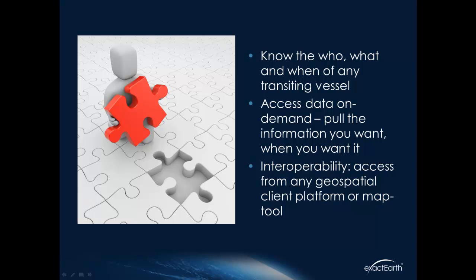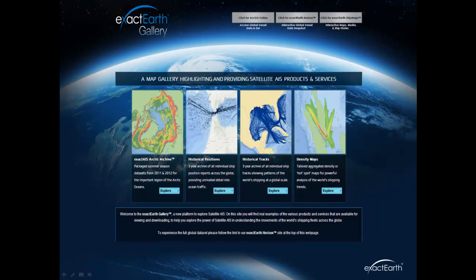So how do you start with geospatial web services? Well, we've tried to make that as easy as we can for people. Obviously, we have this webinar series to help introduce it. We also have created a website called the exactEarth Gallery, and we would encourage people to go to this website where you will see further examples of the sorts of data that can be accessed from web services. It gives you a very simple viewer on the web to interact with these web services, very much like the ShipView application that Carl just showed you. But more importantly, it will give you some sample web services to interact with yourselves.